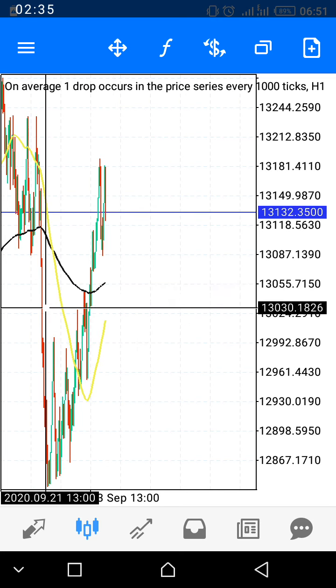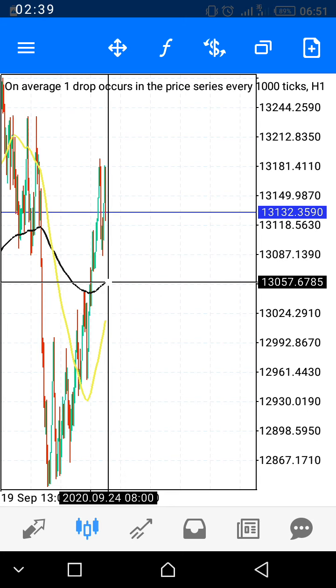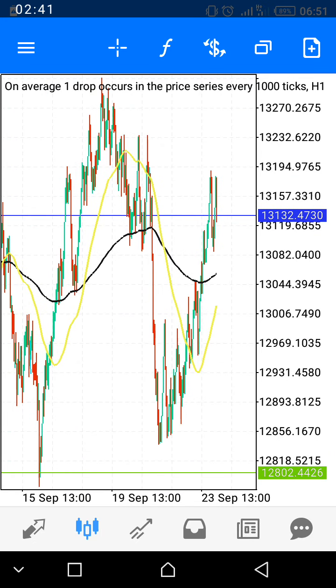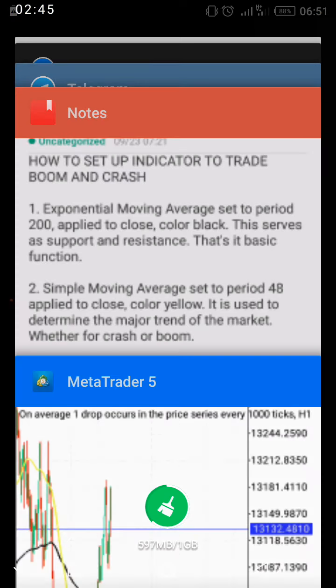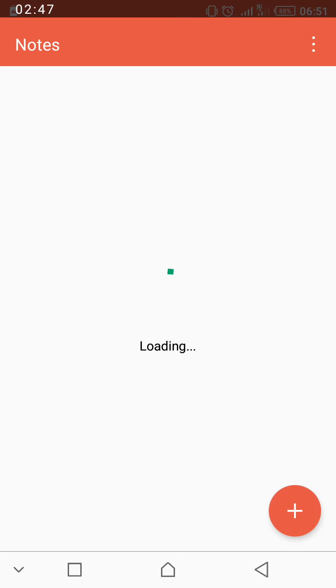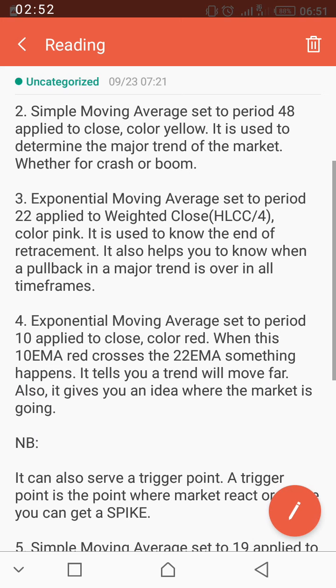This is the 200 EMA black. So do you get that, guys? So the next one on the list is